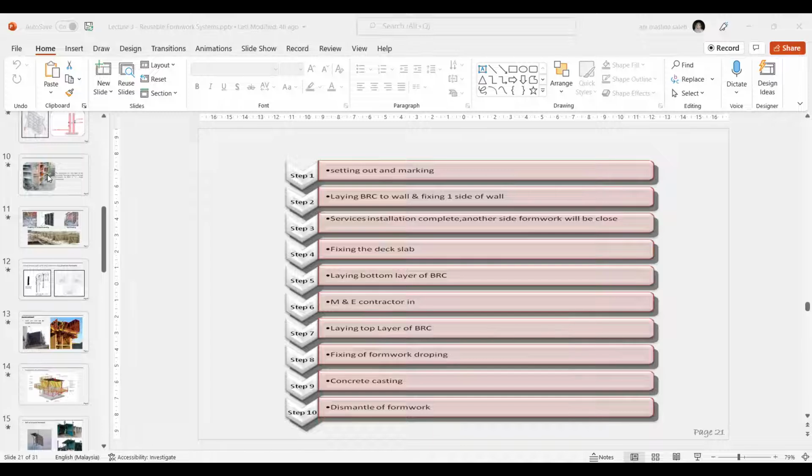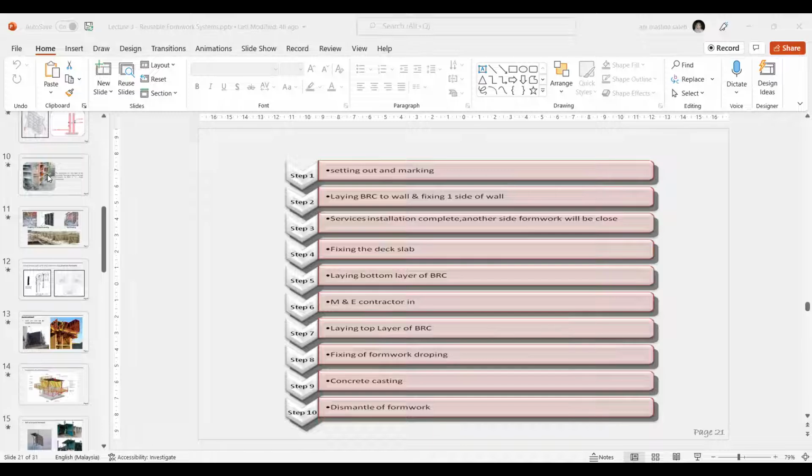And the next one kita ada climbing formwork. Okay, climbing formwork ni biasa untuk bangunan yang tinggi, high rise building yang sesuai menggunakan climbing formwork, because it can reduce in terms of the support system. It can reduce in terms of that. Example, building that using the